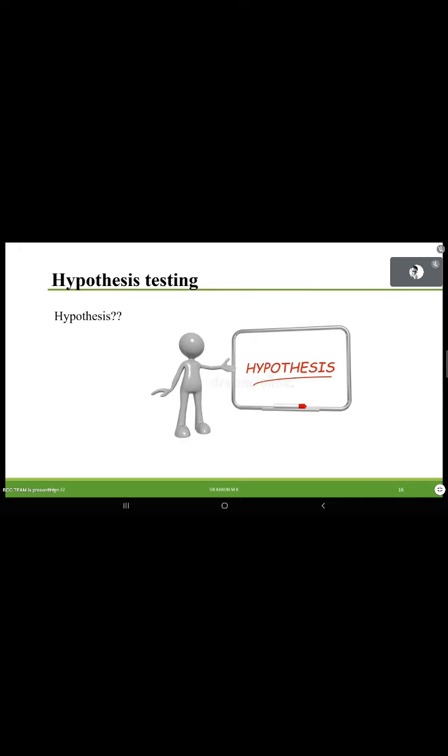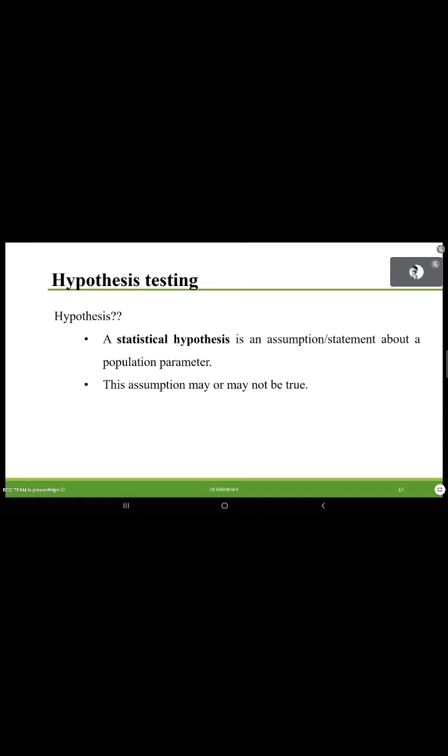So instead of using such a definition, you can say hypothesis is actually a statement about the population parameter. So what is that statement? Any statement about the population parameter can be a hypothesis. That may or may not be correct. I can say drug A is better than B. I can say Covaxin is not as effective as Covishield. I can say it may rain today. I can make any statement. So whatever statement I am coining, all those statements are known as hypotheses.